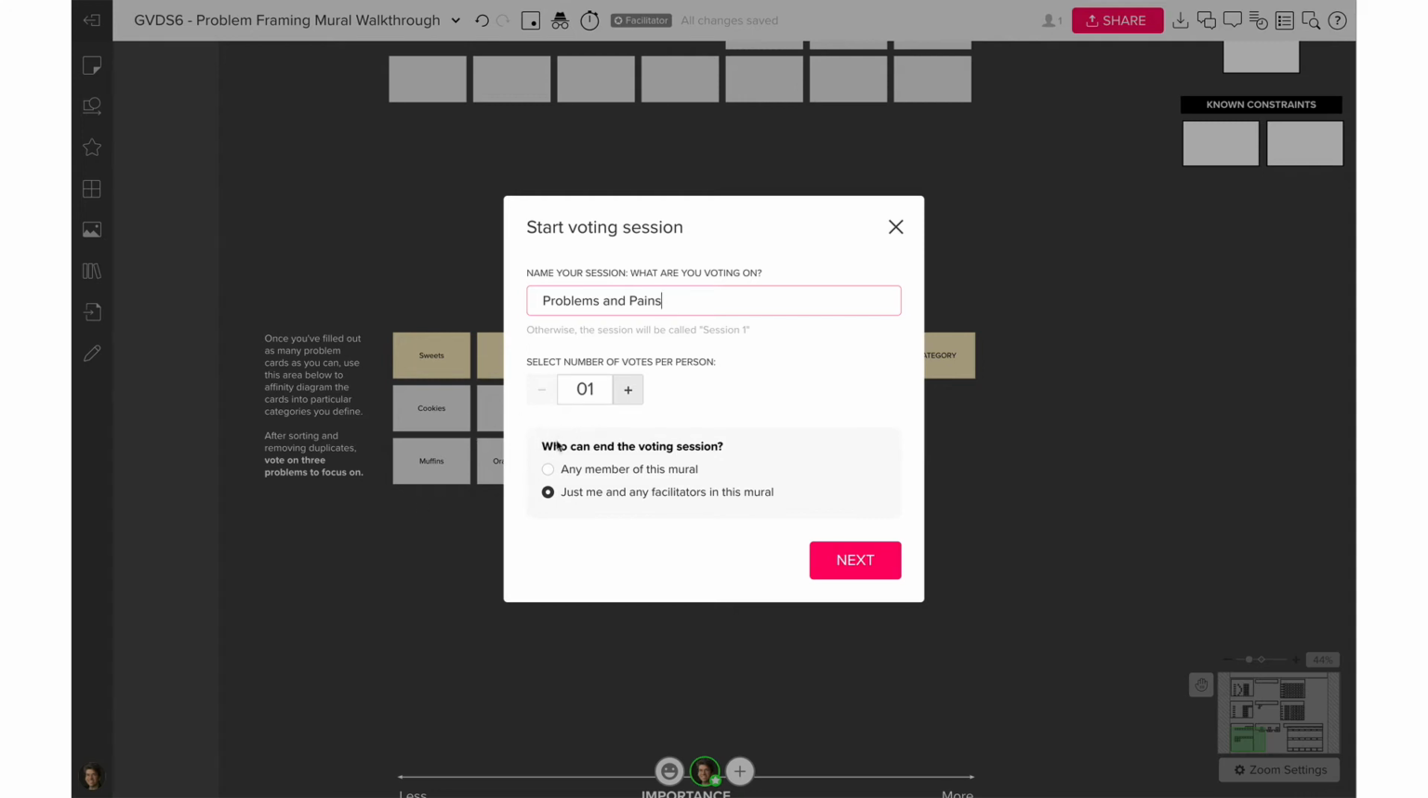You count the number of cards that people have put here in all these categories, and you take that number and you divide it by the number of people on your team. That should give you a pretty good number in terms of the amount of votes. So hypothetically, let's say 5, just for the sake of example, and always pick any member of this mural